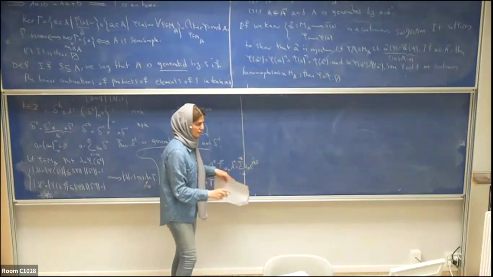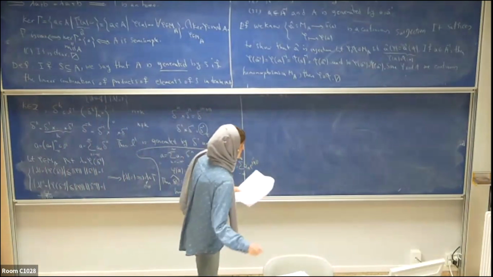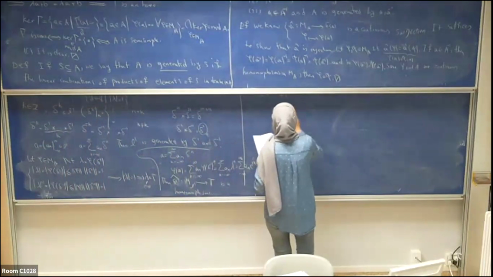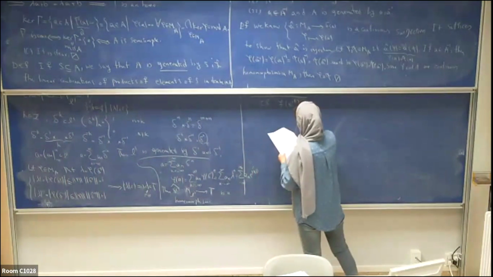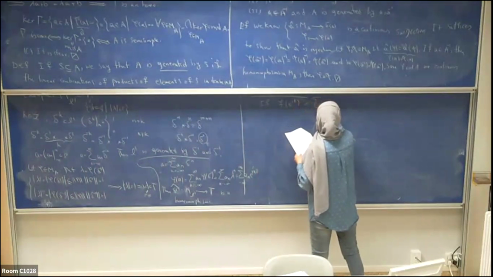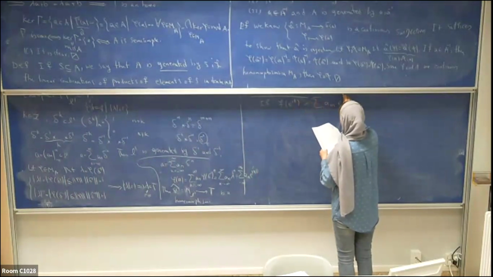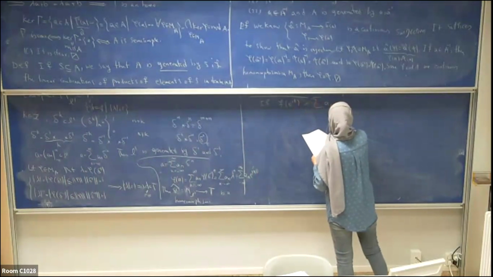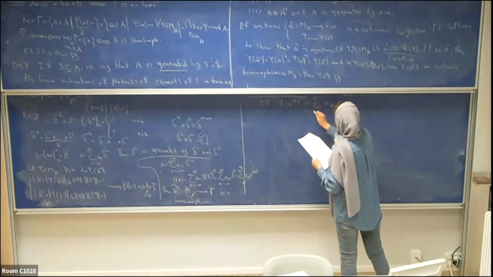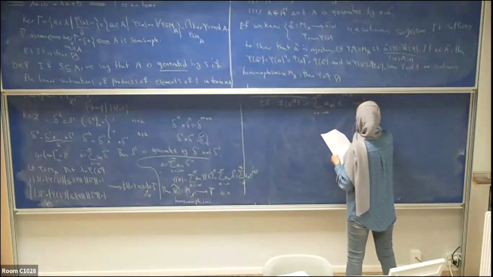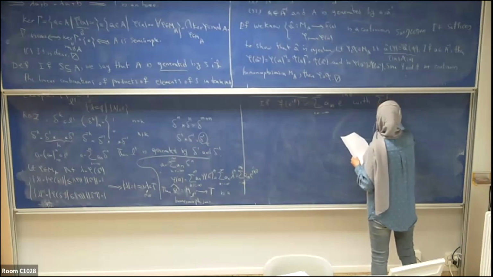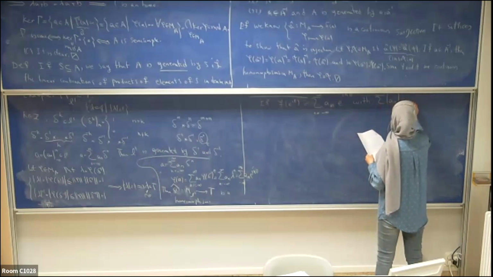Okay, because I want to use this notation. If f of e to the i theta is sigma a_n e to the i n theta with sigma of the absolute value of a_n finite